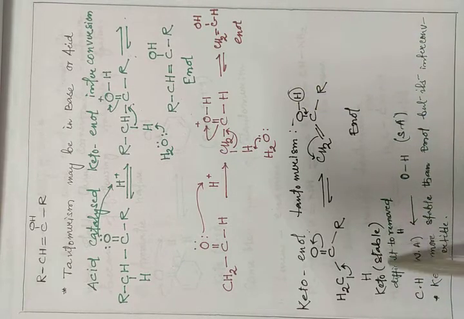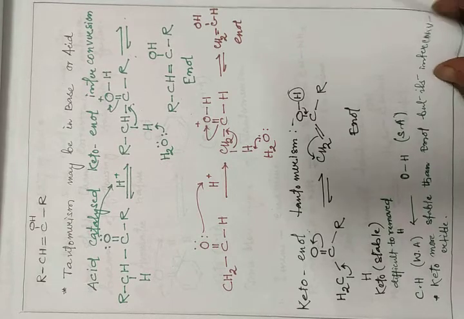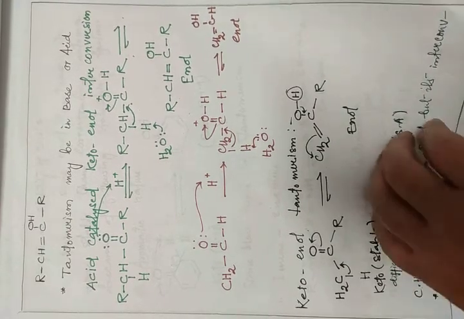So here if the ketone structure is stable, then it will be difficult to remove the hydrogen. Now here CH, that is carbon hydrogen, is a weak acid, then OH is strong. So oxygen and hydrogen, that is a strong acid. Now keto is more stable than enol, but it is interconvertible only.